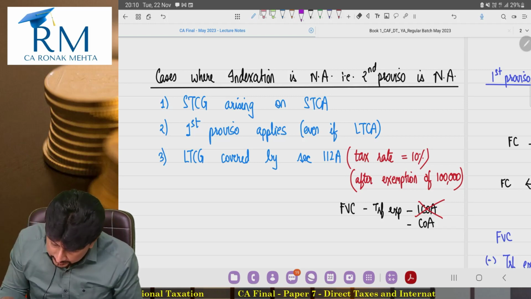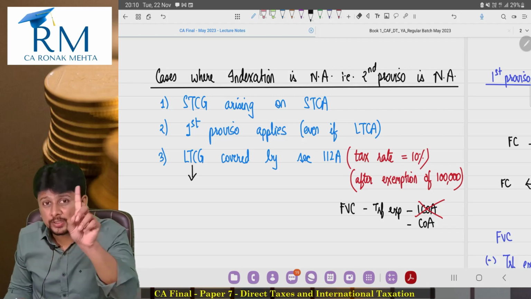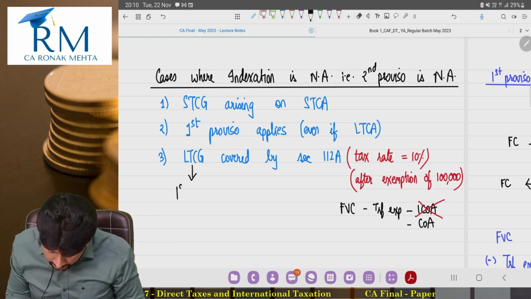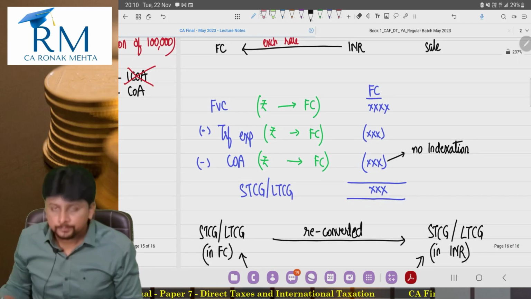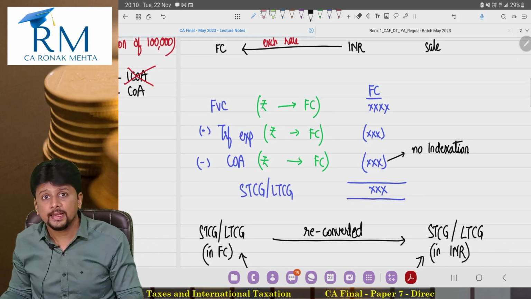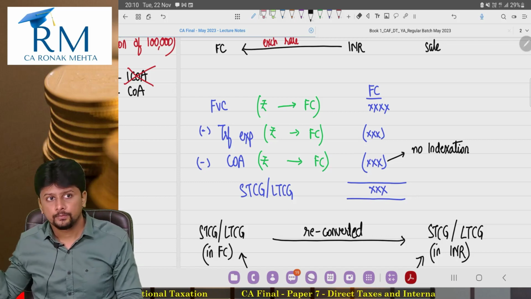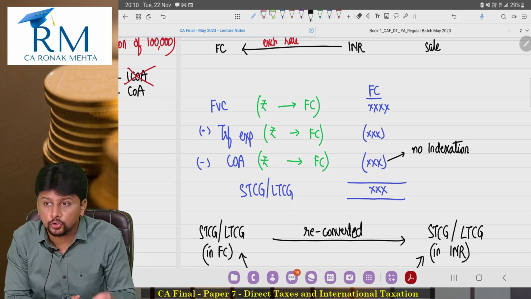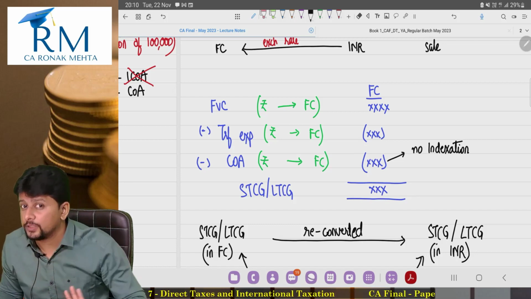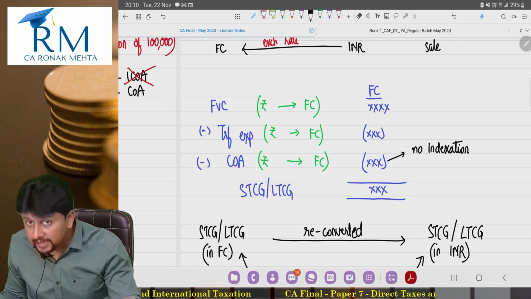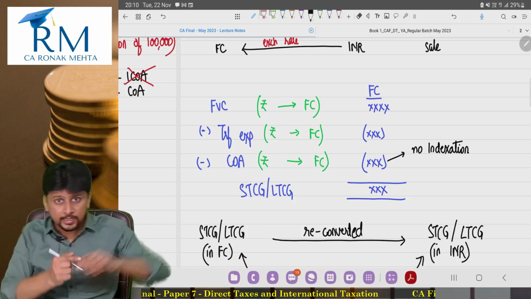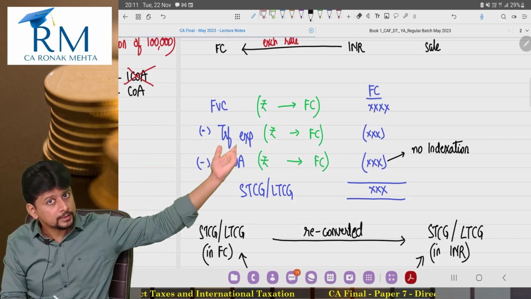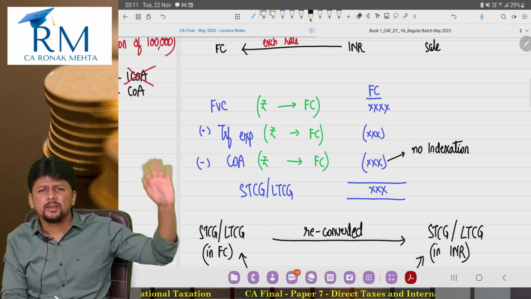And this long-term capital gain, first proviso will not apply. What do I mean by this? कि भाई if the first proviso is not applicable, इक्विटी शेयर तो है ना. फर्स्ट प्रोवाइजो में क्या लिखा था? शेयर्स और डिबेंचर्स. 112A is covering equity shares, so equity shares can be covered by the first proviso. But if 112A applies, तो first proviso will not apply. This method will not apply. ये जो पूरा method है ना, convert into foreign currency, reconvert back into Indian currency, nothing of that will apply.